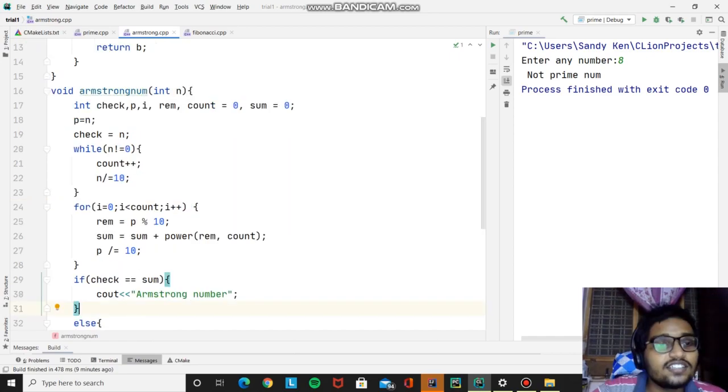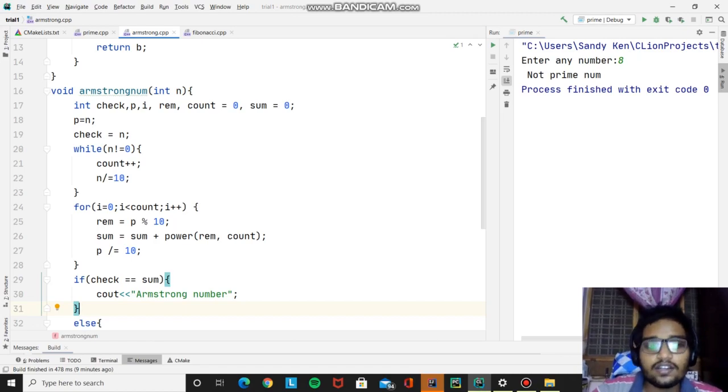Again I assign the value of n into check, because if we wish to use this p value, that will be some 0, right? Some 0 and the divided value, and that is not the user entered initial value, right? That's why we are assigning n to another integer variable, that is check.